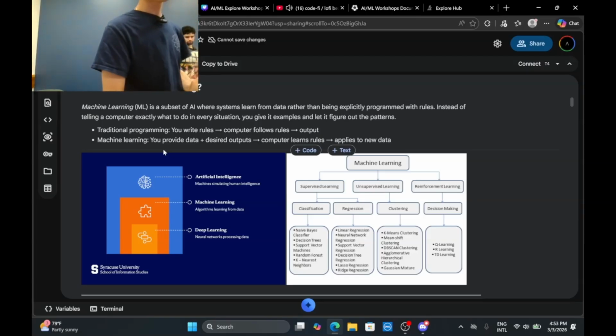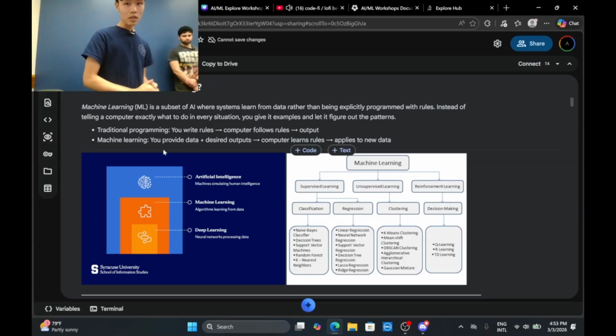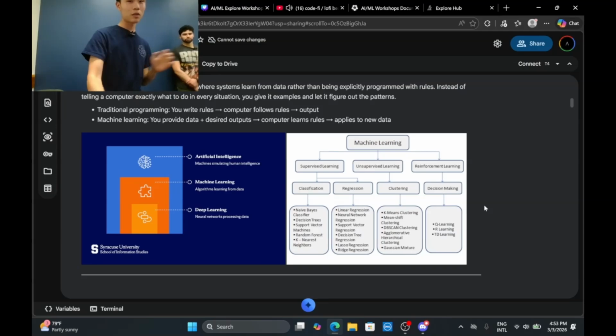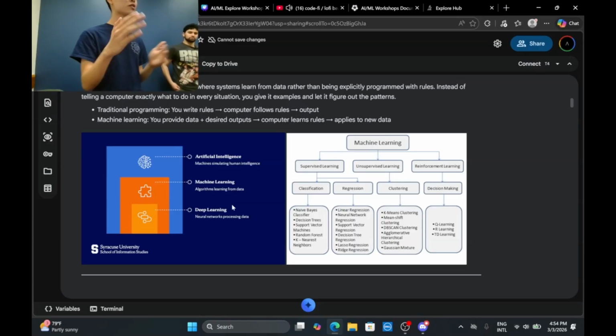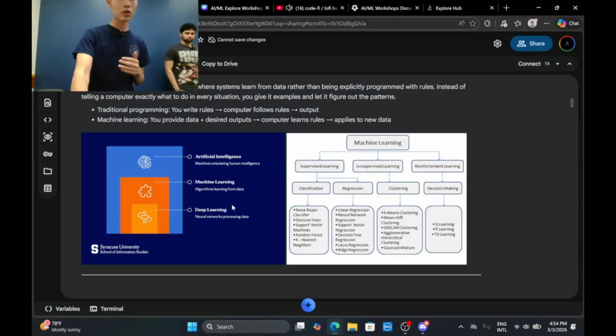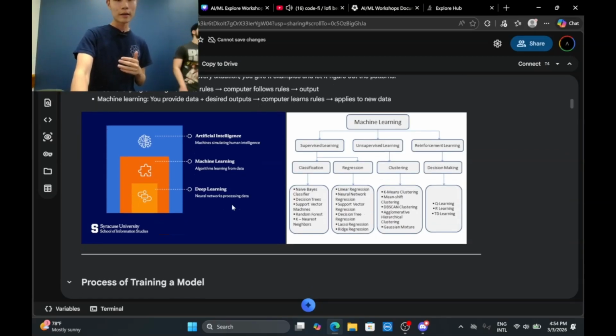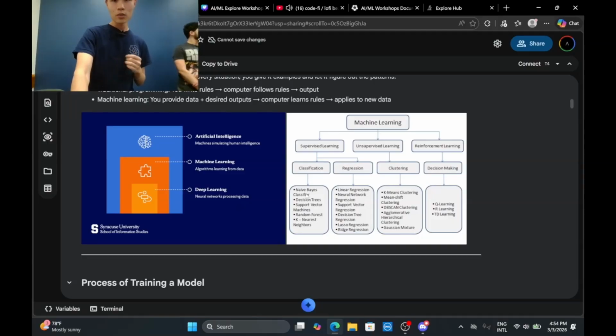And then let it do the job. And in machine learning, there are a lot of subsections. As you can see right here, on the left image, under machine learning, we have deep learning. That is what we are going to focus on more later on in the workshop series. And we have different types of learning: supervised learning, unsupervised learning, and reinforcement learning.